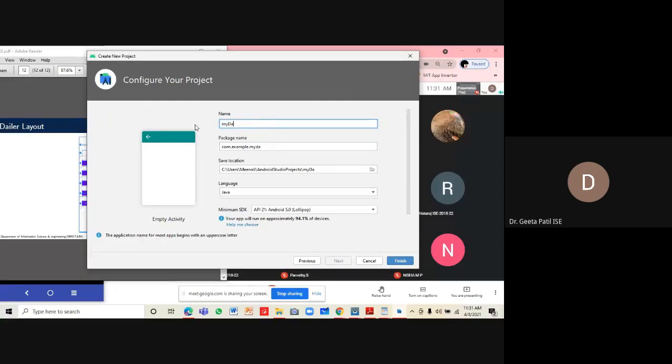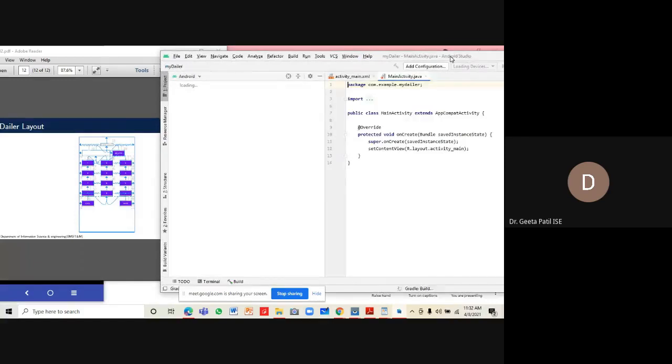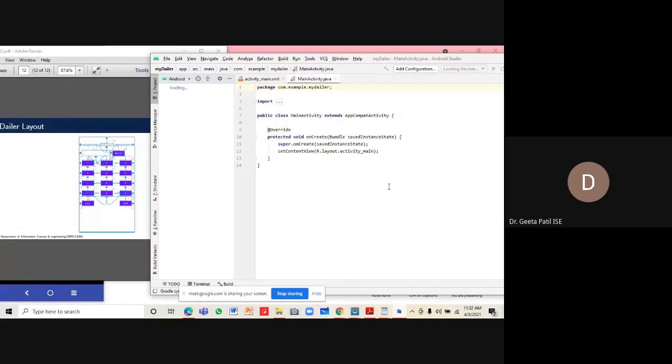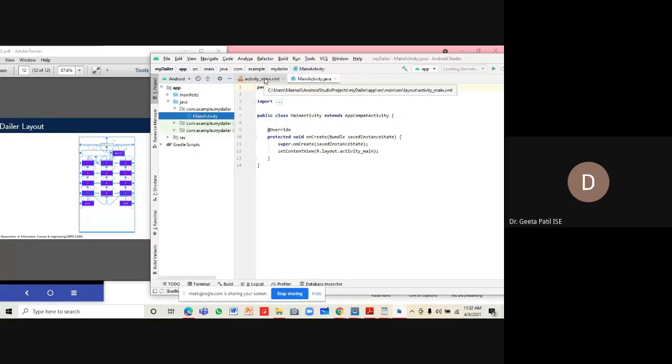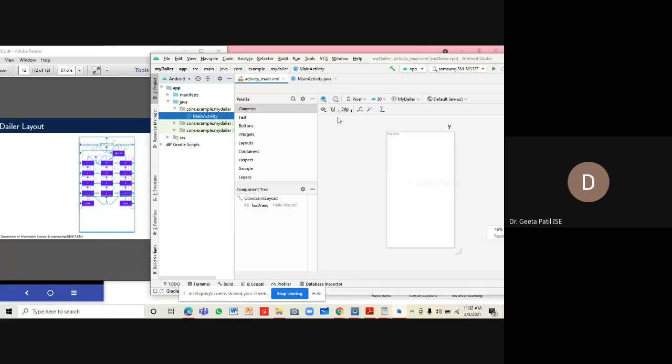Say it is my dialer. Save it. It's getting loaded. Okay. Hello world, the default label, I'm just deleting it.